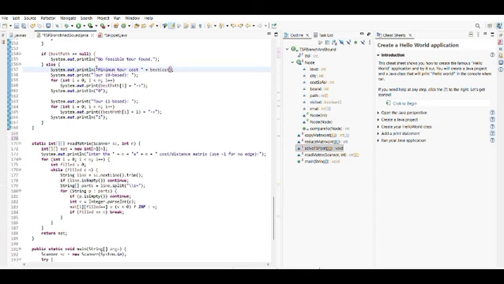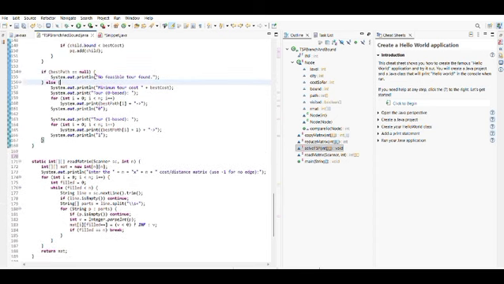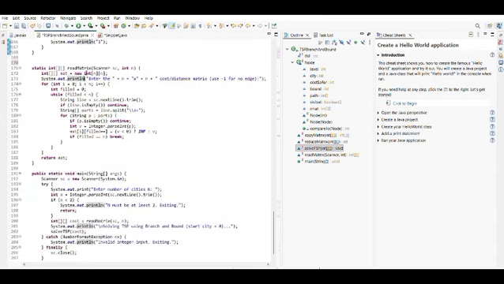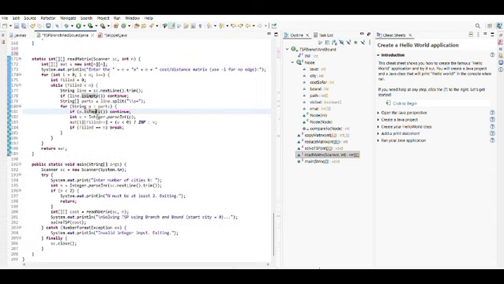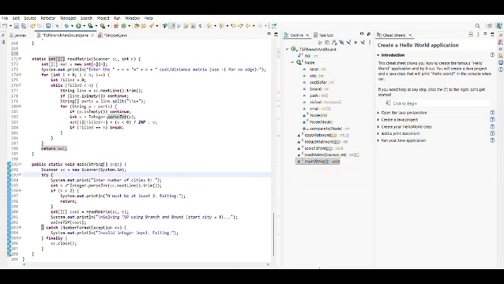This code checks if a valid tour is found. If not, it prints no feasible tour found. Otherwise, it prints the minimum tour cost and displays the path in both 0-based and 1-based city numbering. It also reads the cost matrix from the user input. This main method reads the number of cities and the cost matrix from the user. Then it calls the function to solve the traveling salesman problem using the branch and bound algorithm and prints the